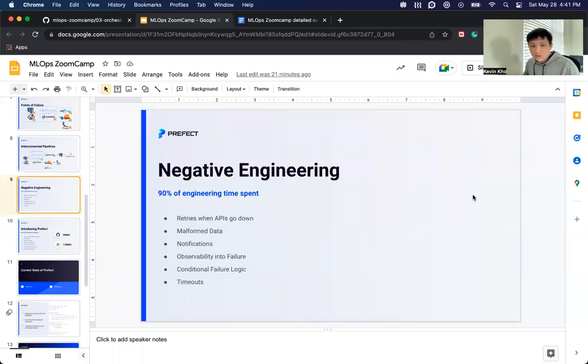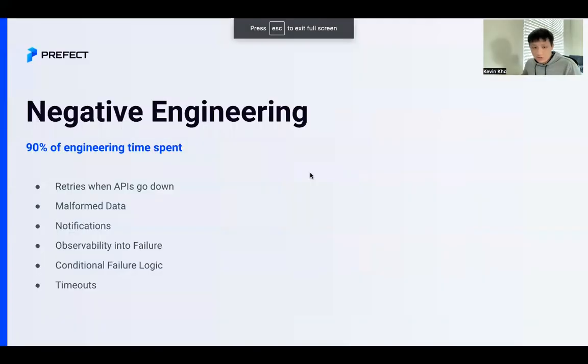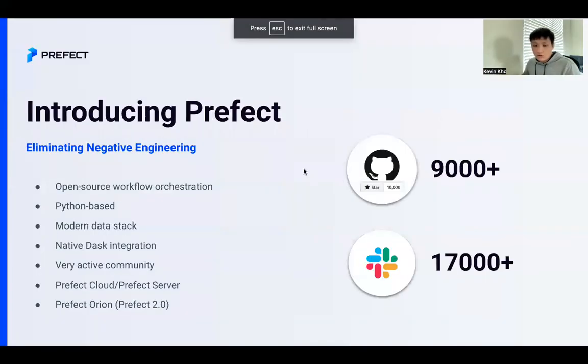Welcome back, everyone. So in the last section, we talked about negative engineering and workflow orchestration. And now we're going to look more into Prefect and do some preparation in order to bring our previous work into Prefect. So to introduce Prefect, Prefect is an open source workflow orchestration